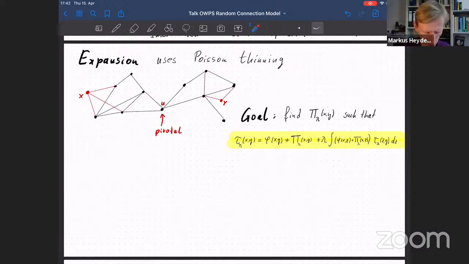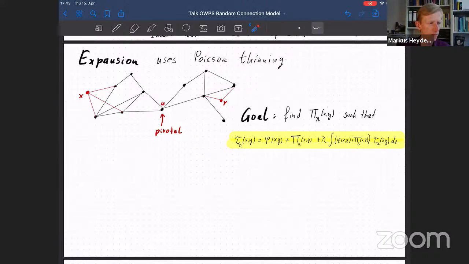Again, if two points x and y are connected, we have a picture similar to before: these two red points which we've added, and the black points which we've sampled as a Poisson point process, and then we've also sampled the edges in between the black points, and the new edges from the red points to the black points. And then you could end up with a realization